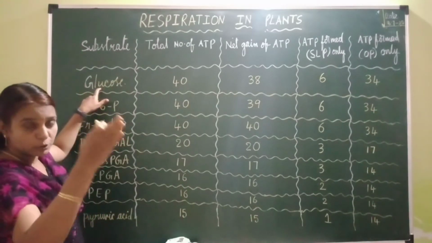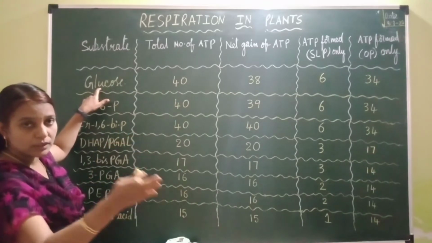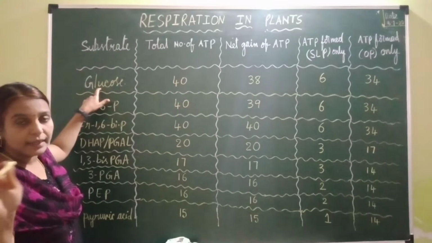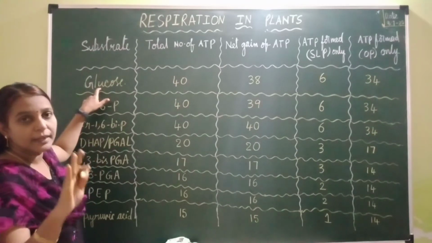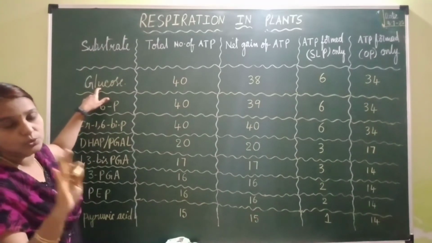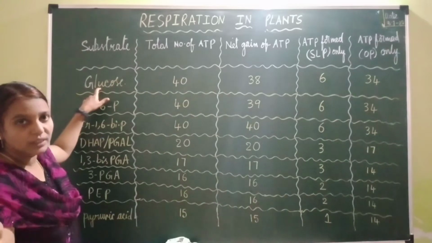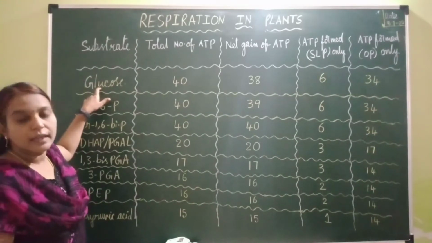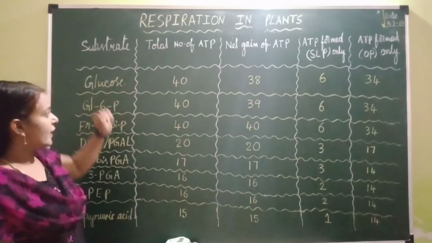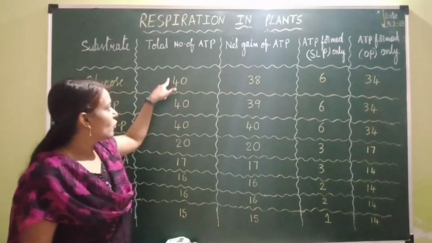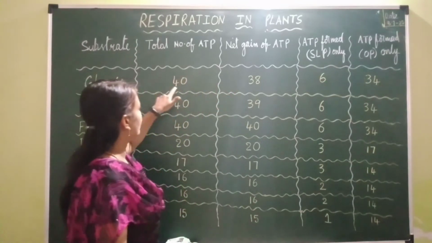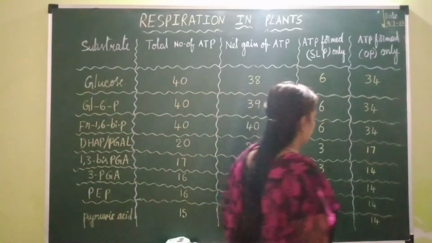That means it undergoes complete oxidation through glycolysis, link reaction and Krebs cycle. By the end of Krebs cycle, energy is released in the form of ATP, NADH2 and FADH2. NADH2 and FADH2 undergo oxidation through ETS. So, the complete total number of ATP formed through the aerobic oxidation we have to find. So, total number of ATP formed is 40. Net gain is 38. Let's see how this total number of ATP formed is 40.